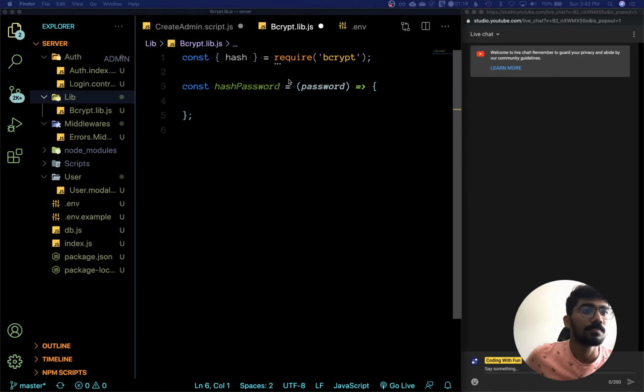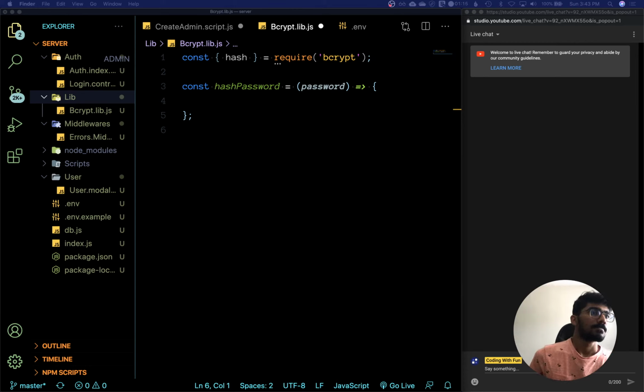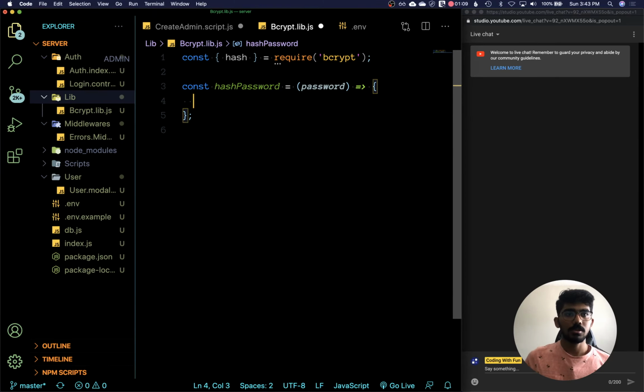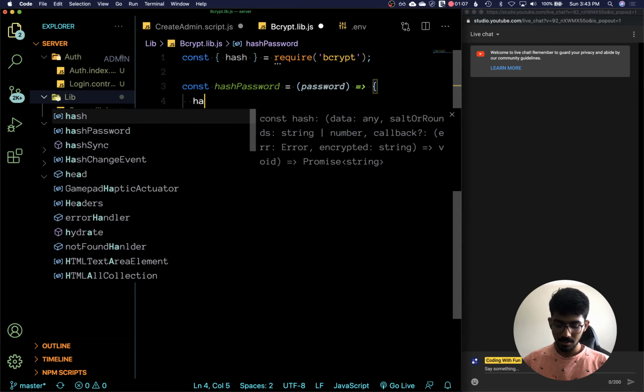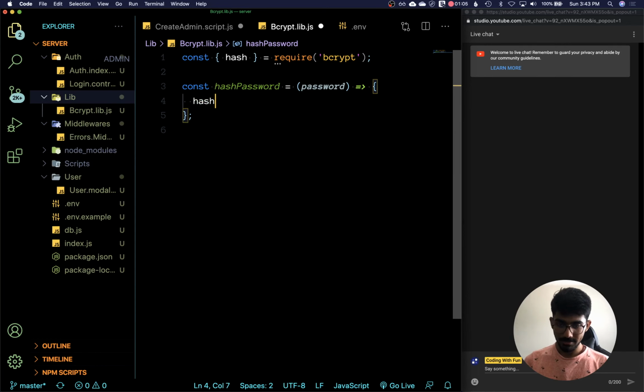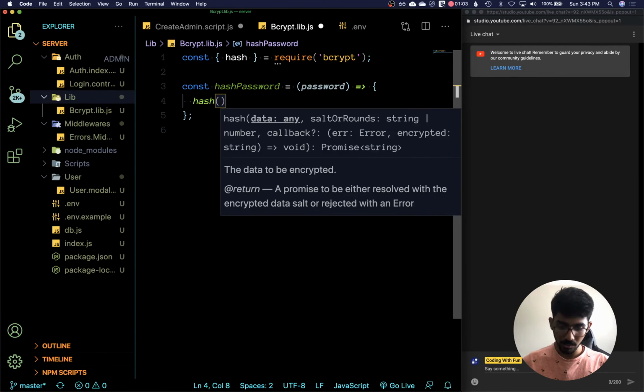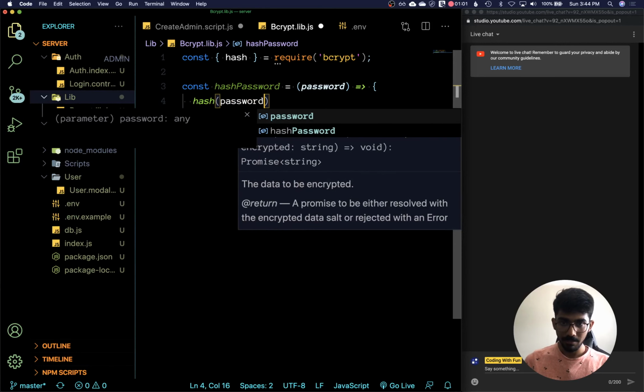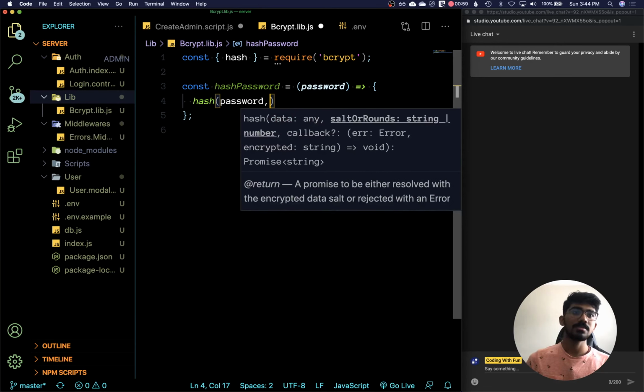So, a hash function, first of all, will take a value which we are getting from the function parameters, and